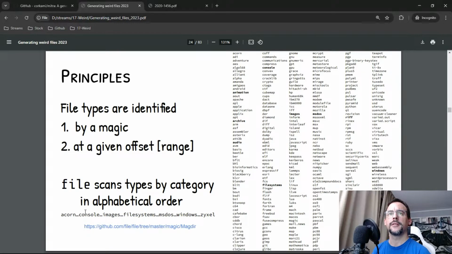Polymocks. So the principle of file type identification, like with tools such as file, is that they scan by category in alphabetical order. So basically, Acorn file types will be identified before Windows. Sometimes there are images, but whether it's DOS or Windows or whatever, it's not always easy, since some categories are OSs. RIFF is a container. It's not exactly homogeneous, the way that the magics are